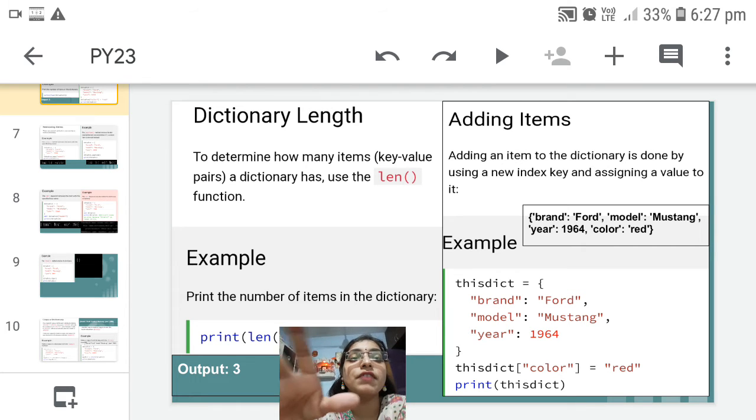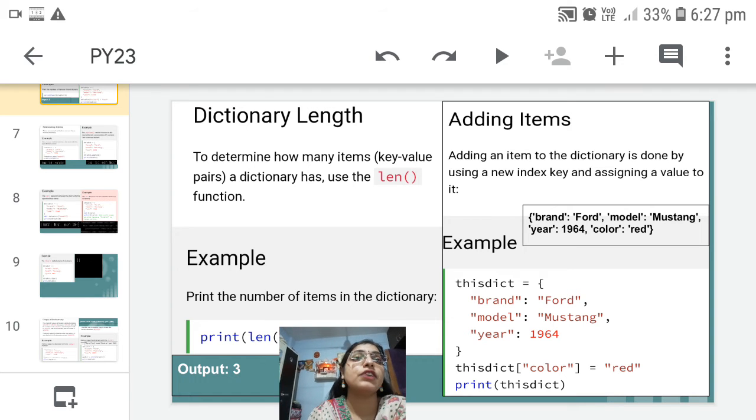The same dictionary we have referred to. How we will use the length method: print into round bracket len, and within len write down the name of the dictionary whose items you want to check. So len of this dict, close the round bracket, and you will see the output as 3.